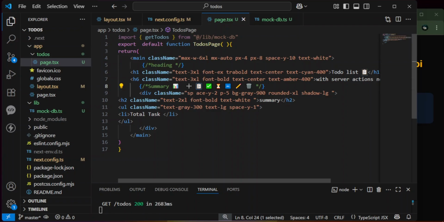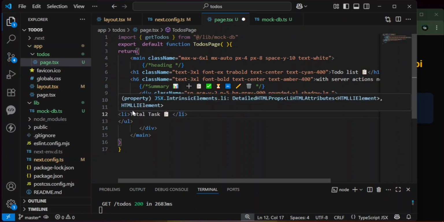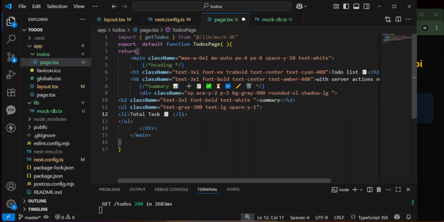So you can just also copy this symbol and then come here inside the total task, and you can just do that. Great job. Then we're having these total tasks, and then inside it we need to render a span. So you can just render a span from HTML. Great. And inside the span